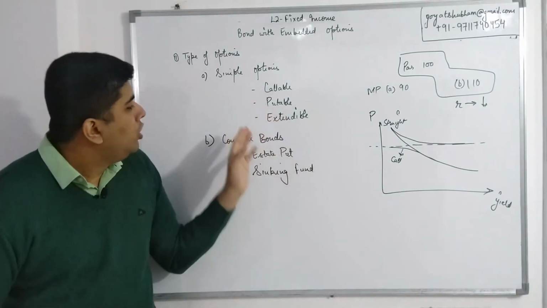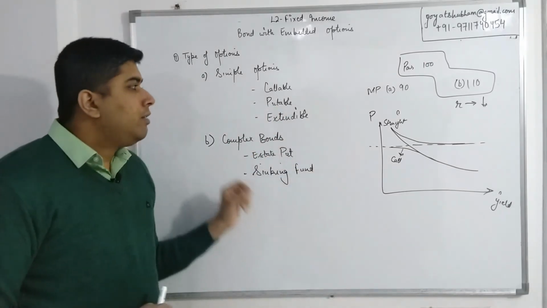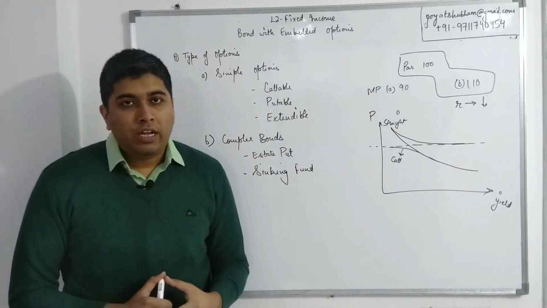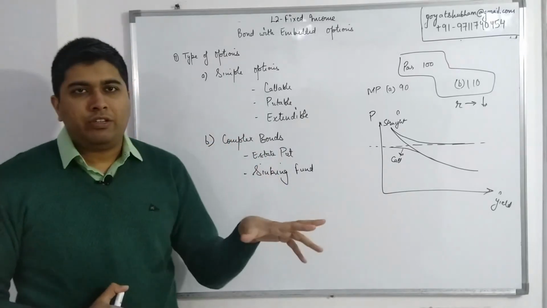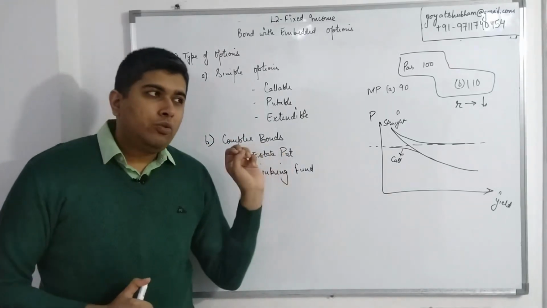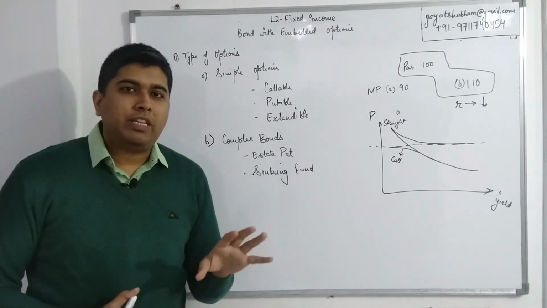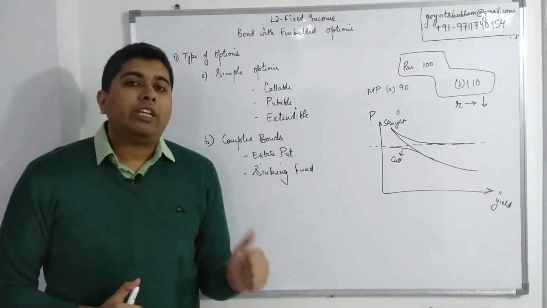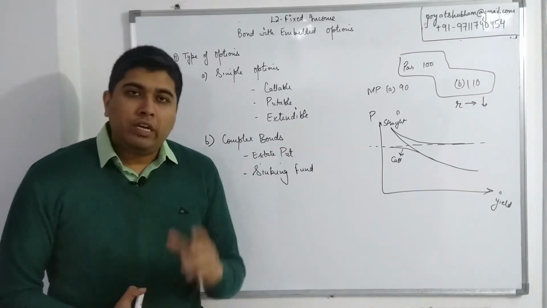So I hope all of these different types of options are clear. Next up, we'll move straight into the valuation of bonds. For valuation, I'm not going to go into details or give you any theoretical explanation. What we'll do is a quick 5-minute recap of the binomial method itself, the same example that we had in the previous reading, and then we'll directly get into valuing the bond if it has a call option or if it has a put option. Let's move on to that.